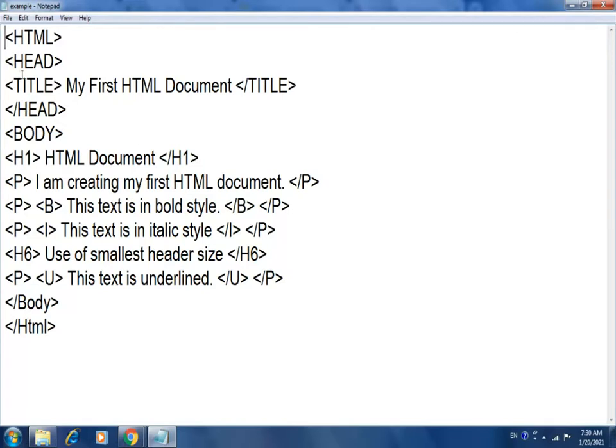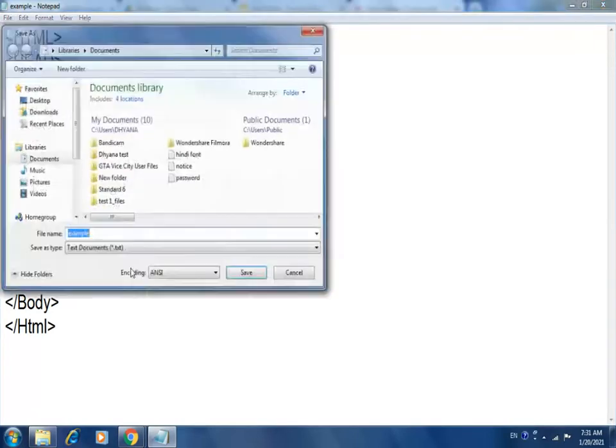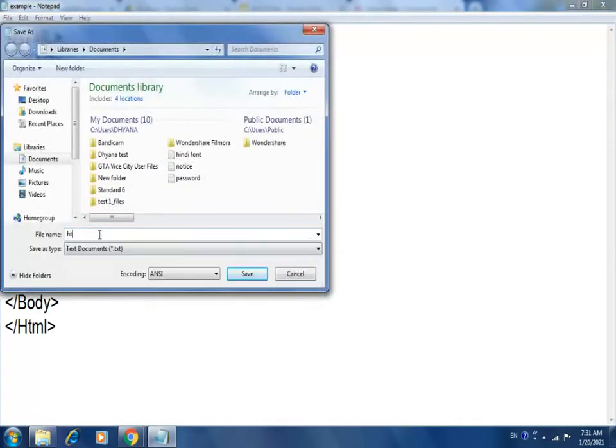See here, the basic tags are mentioned, and a few extra tags are also mentioned in the body tag, like H1 and H6. We have a total of 6 header sizes, and here I have used the largest and smallest. Then P for paragraph, and B, I, U for bold, italic, underline. I have used some text. After writing this web page, we have to save it.